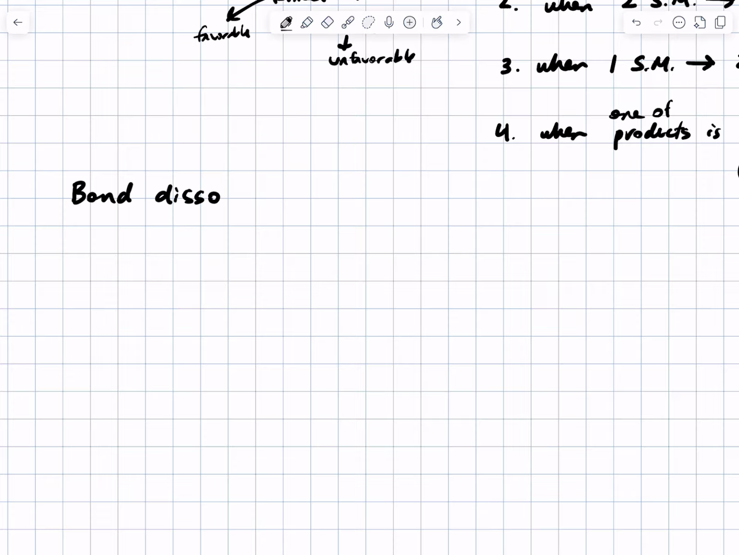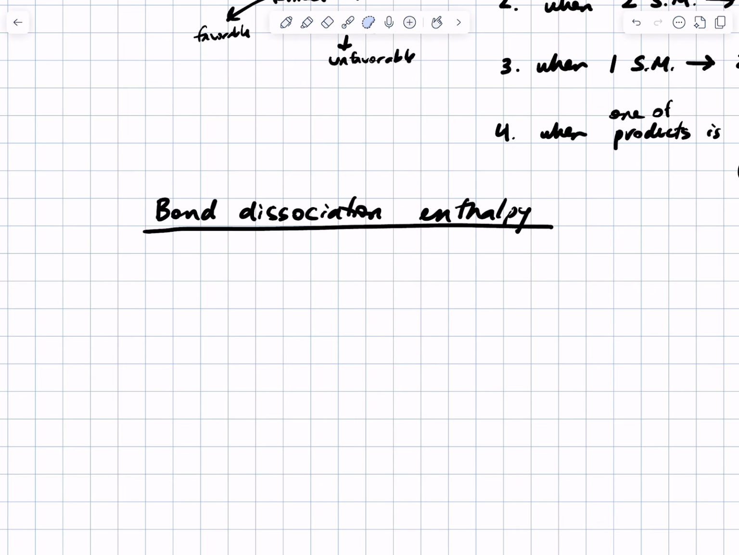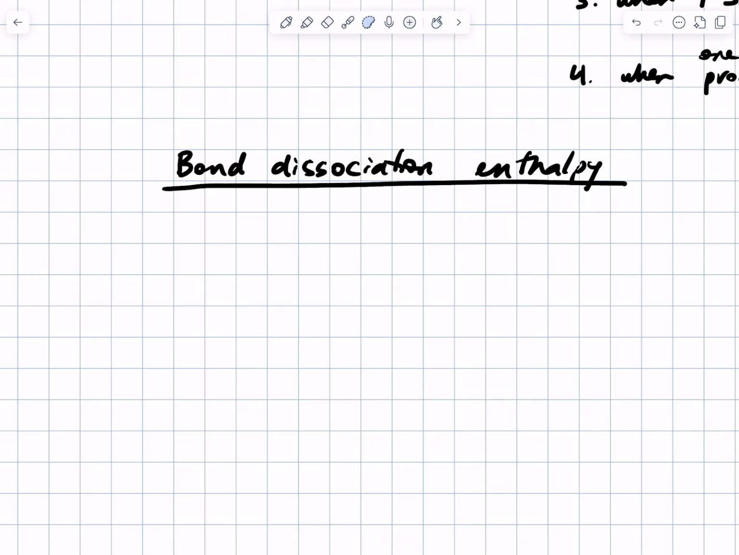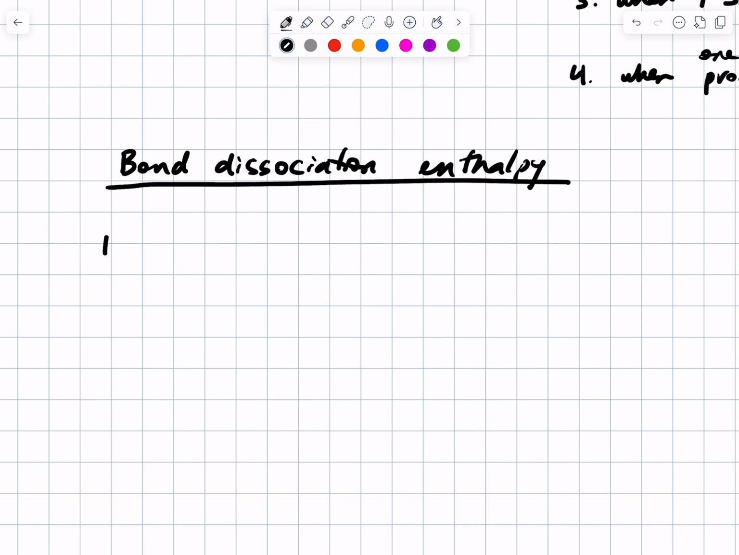So I'm going to introduce something called bond dissociation enthalpy. There's going to be a tabulated list of values in tables in your text. I'll give you some on the pKa table for the exam, but these are ways you can tell how strong a bond is. A bond dissociation enthalpy is the change in enthalpy for a reaction where all you do is